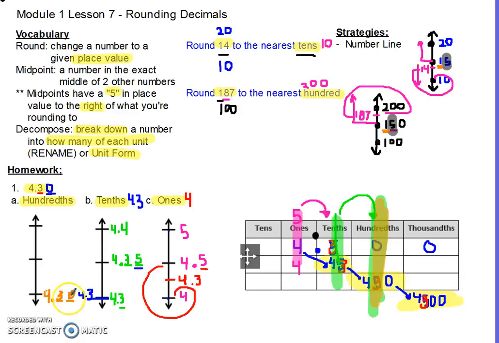And then hundredths, 1 above this would be 4.31. And asking ourselves, what's the column to the right? And it's thousandths. So I know that in my number line, my next column over, thousandths, is going to have a 5. So I can add my 0 to get the thousandths. Oh, that number is exactly like this one, so we're rounding